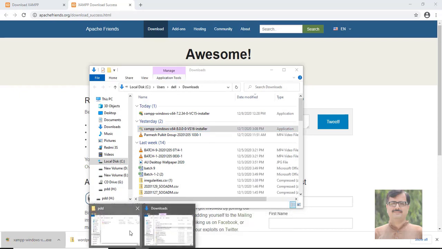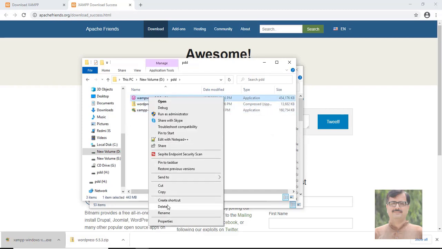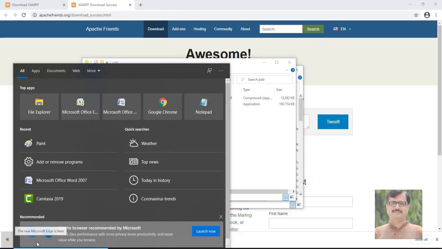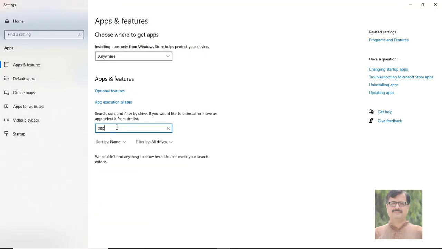Again I am pasting it into my folder. I do not require WAMP, so I am deleting it. Now I will check whether pre-installed XAMPP is there or not.